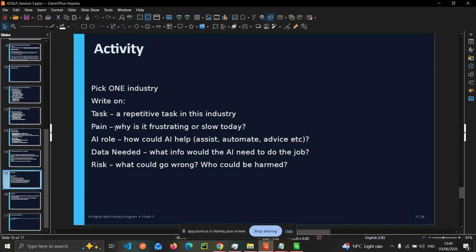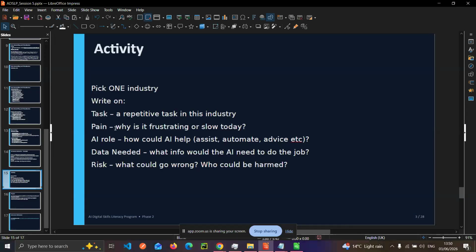So the activity is you pick one industry, you identify a repetitive task in that industry, and why is it frustrating? Like the pain of that specific task, why is it frustrating or slow today?